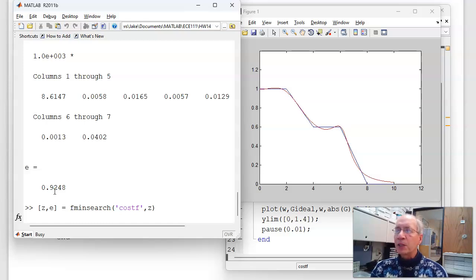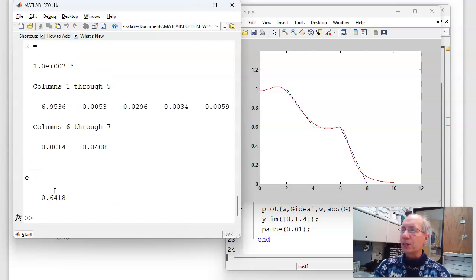Knowing nothing about filter design, I can design a pretty darn good filter using fminsearch. That's part of the power of Matlab. If you know nothing about filter design, I can solve using numerical methods. That way when you get to signals and systems and you start designing filters for yourself, I can let Matlab design a filter and see if I could do better or get an answer similar to Matlab. What I can also do is use Matlab solution as my initial guess. And it turns out where I put the poles,